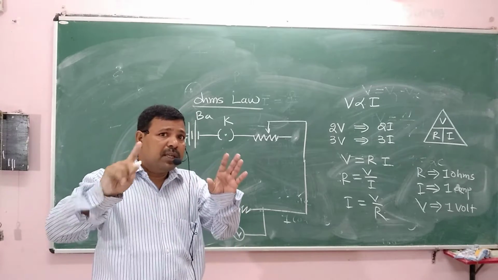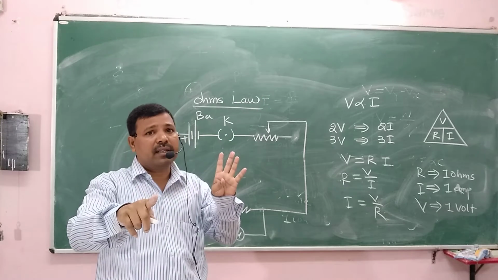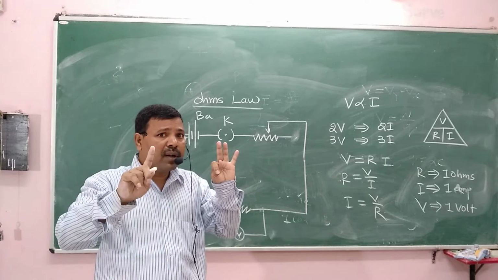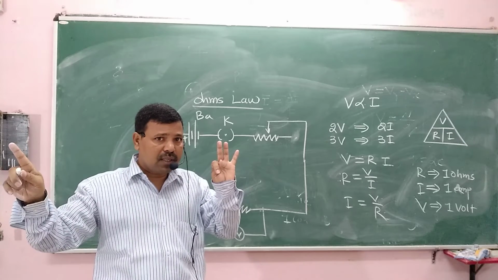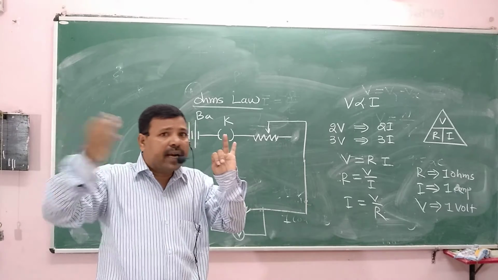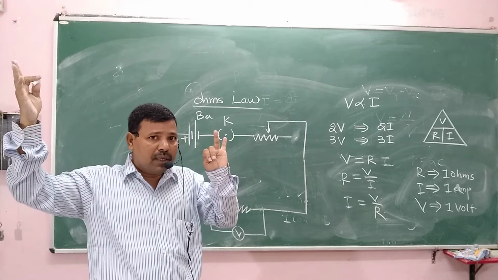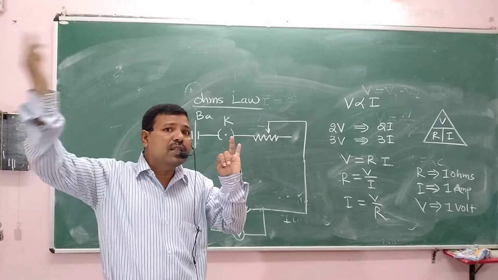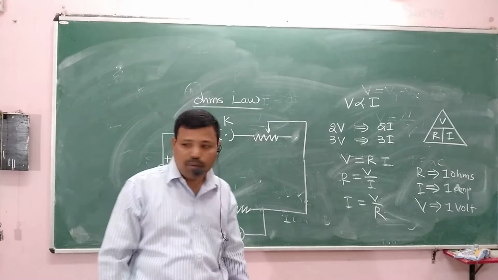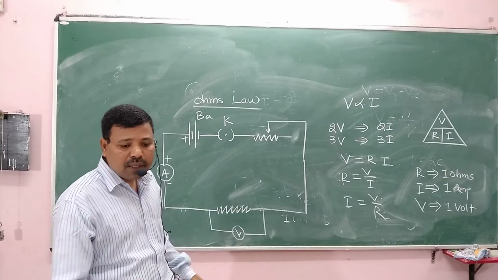So, what are the limitations of Ohm's law? Ohm's law is applicable only for conductors. It is not applicable for insulators and semiconductors. It is applicable for conductors at a certain moderate temperature, not at high temperature. At high temperature, V is not proportional to I. So these are the limitations of Ohm's law. Fine. How to put this information in the graph?